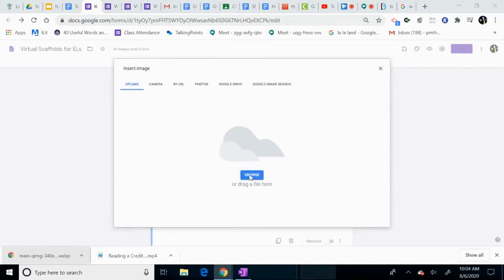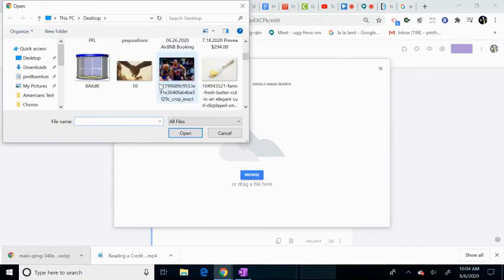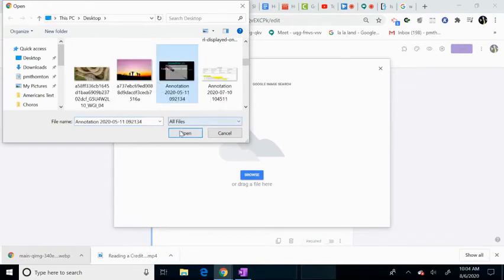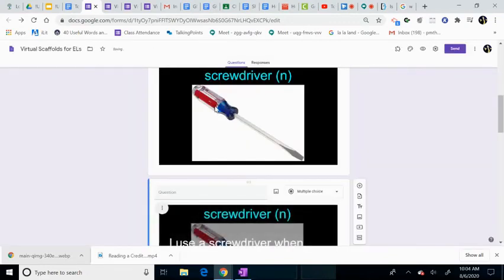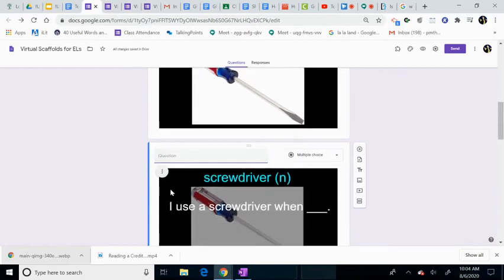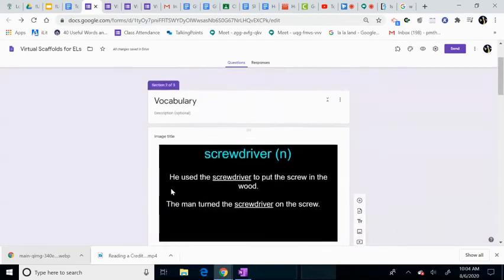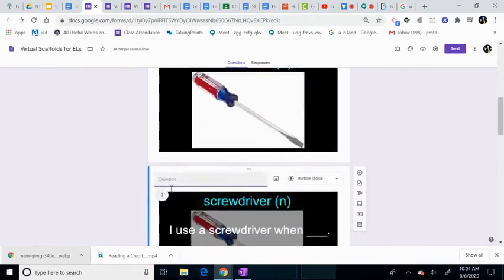Okay, wait one moment for it to come up. Now, if you have like 60 or 70 slides, you might say, well, this is a lot of stuff to do for 60 or 70 slides. My answer to that would be maybe reduce the number of slides that you have. That might make it a little bit easier for the Ls as well. But here they have a couple slides that they can work through,